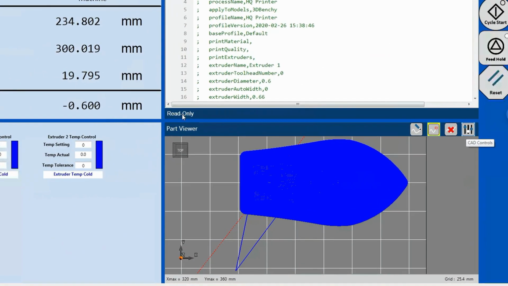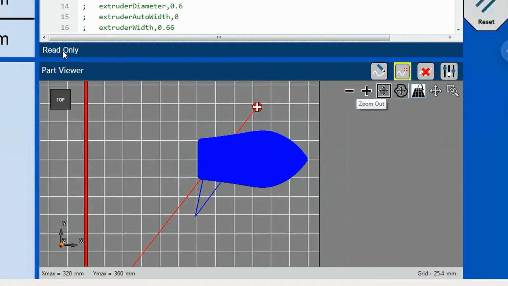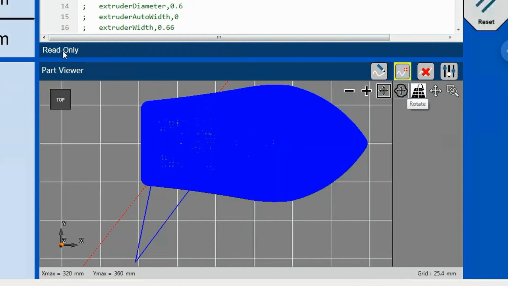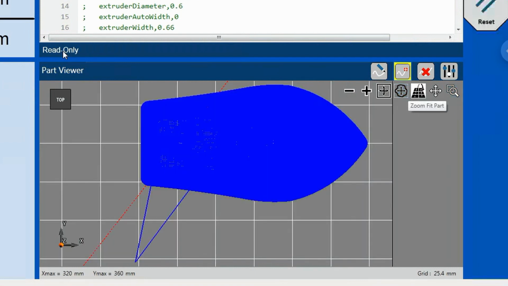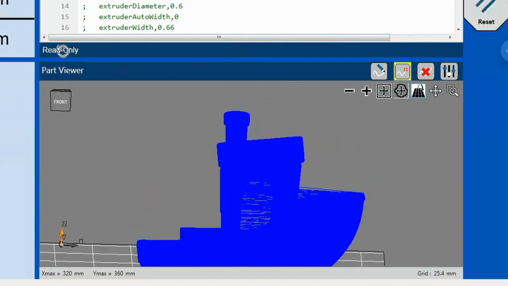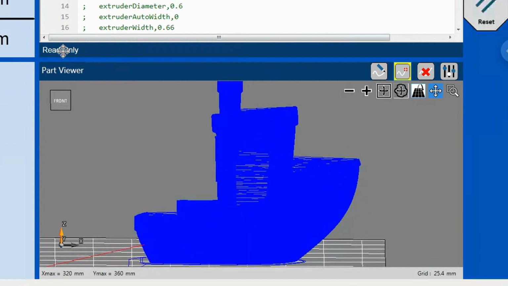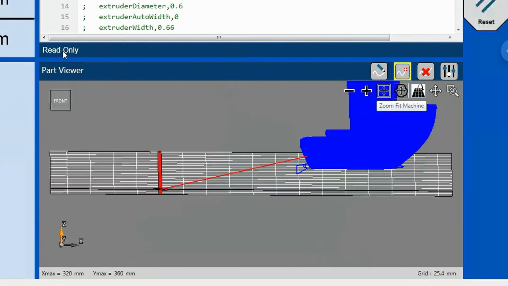And if I click CAD controls, I have my buttons come up that allow me to zoom out. Here, I could zoom back in. I could fit to machine as such. Zoom fit to part. Rotate. Oh, I did not click that. I'll do zoom fit to part again. Then if I come to rotate, I can rotate this. I could pan to move this up now. And then say I did zoom fit to machine again,